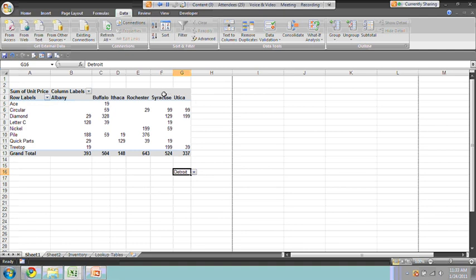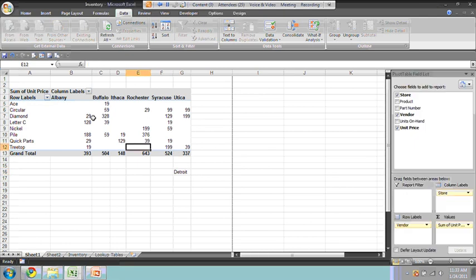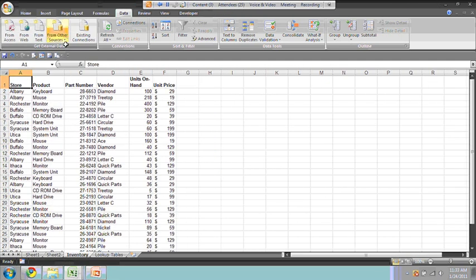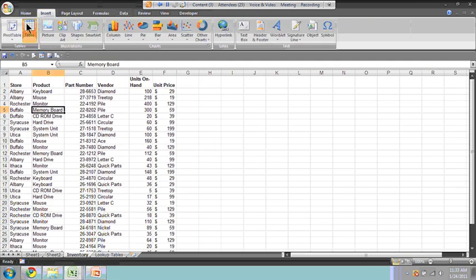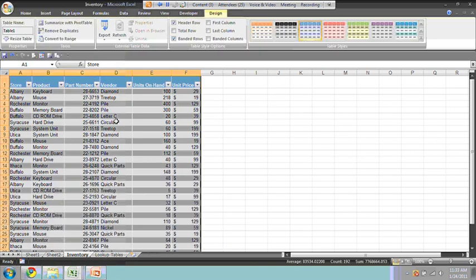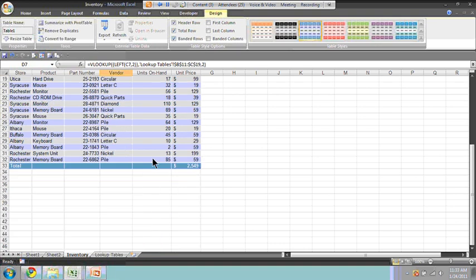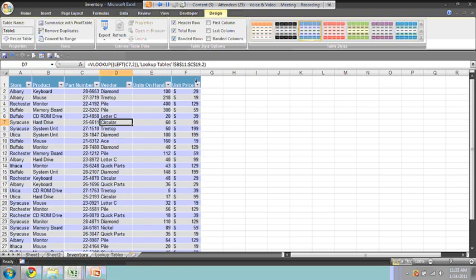So just to go over a little bit what we've talked about today. When you just want to work with a simple table, you can click on the information, do Insert Table, and insert it as a simple table. I actually use this feature sometimes just for the formatting of it, because it makes it easier to look at on the screen. But you do get the total row, which is pretty nice, and the quick sort and